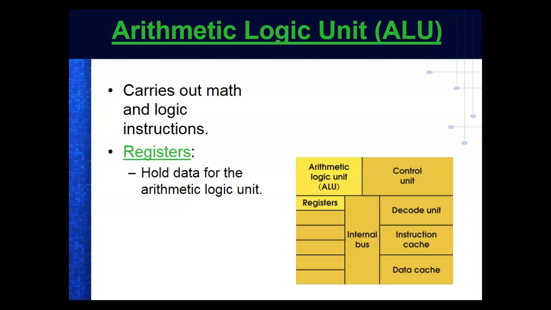Then we have the makeup of the computer. Now this is a little different. The name core didn't come up for a long time. This would be the actual processor. It carries out math and logic instructions. So the instructions are either math or logic, or not. Then we can move stuff around. We call them data manipulation instructions. And then